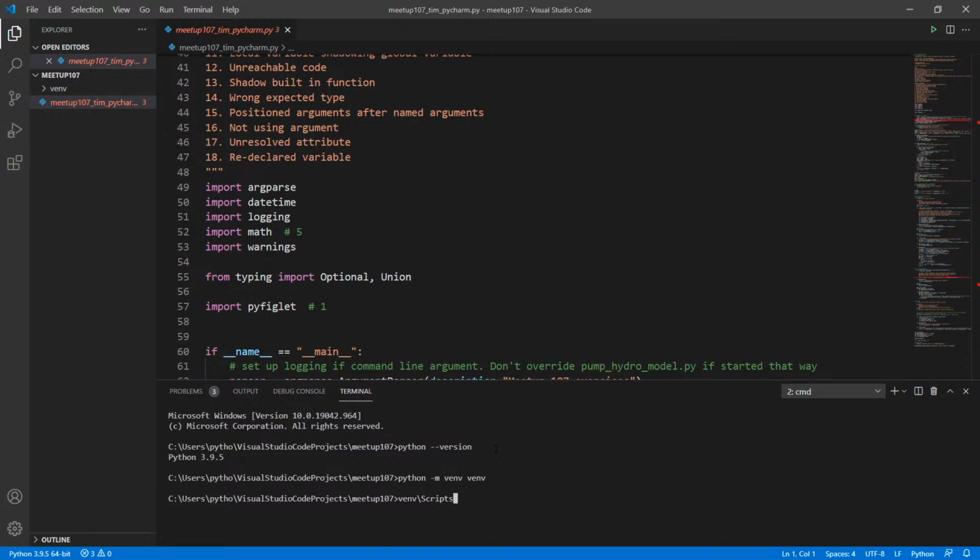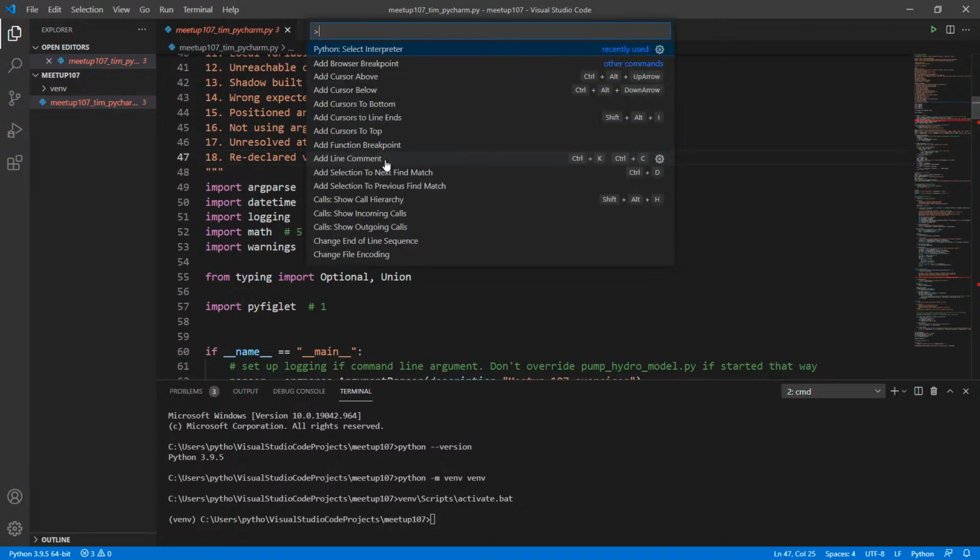On Mac and Linux it's called bin, for the binaries, and we want activate.bat. So if you're doing this on a Mac, you would use the word source at the beginning. So Mac or Linux, you go source, you do venv, forward slash rather than backslash, bin, forward slash, activate. But here we can just run that, and you can see now we've got the brackets at the front and we've created it. So now I can select that interpreter, Control-Shift-P,